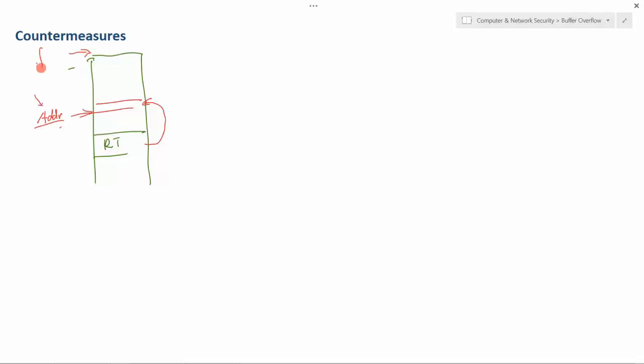This is the fixed address. This address is fixed, and usually the stack is not very deep, right? As I said, unless you're doing the algorithm homework, you won't have a very deep stack. So these two together make this address guessing very easy. Now, how do you make this not easy? You cannot change the depth of the stack; that still depends on your program.